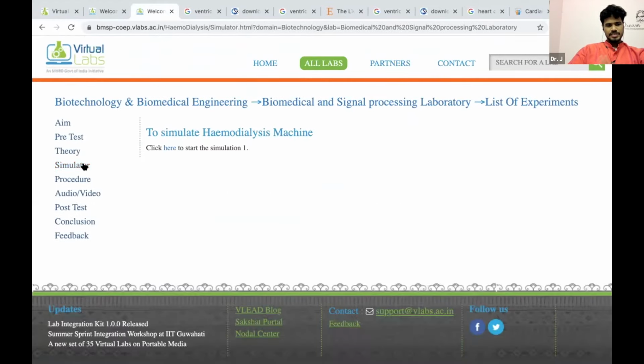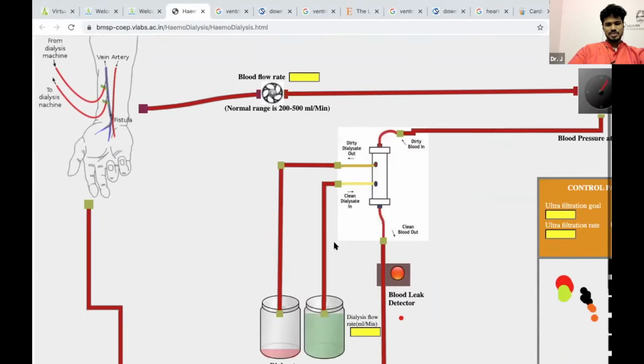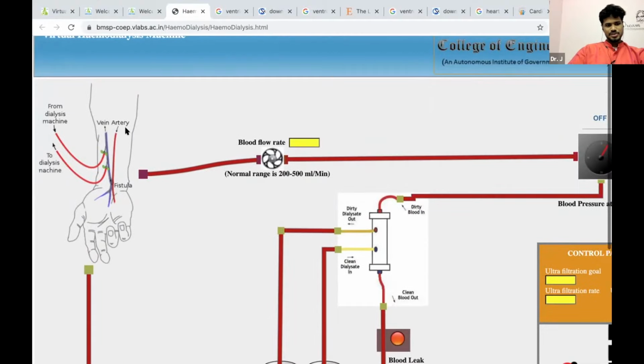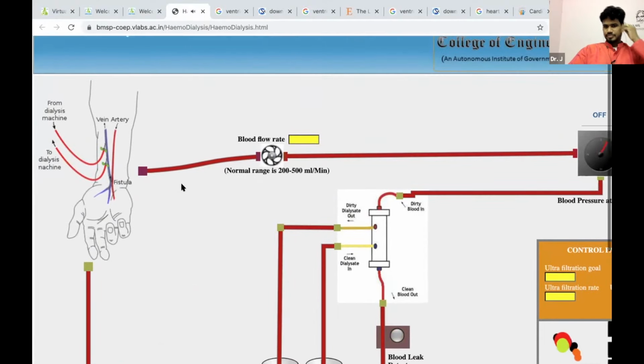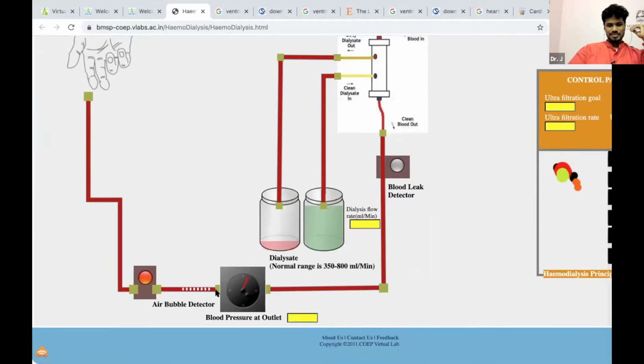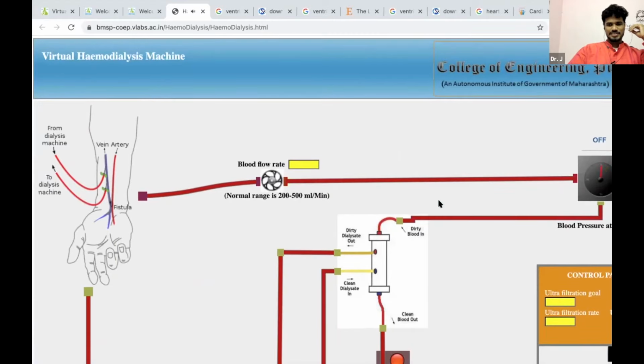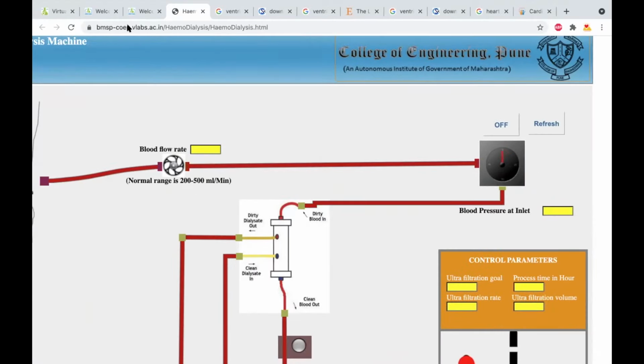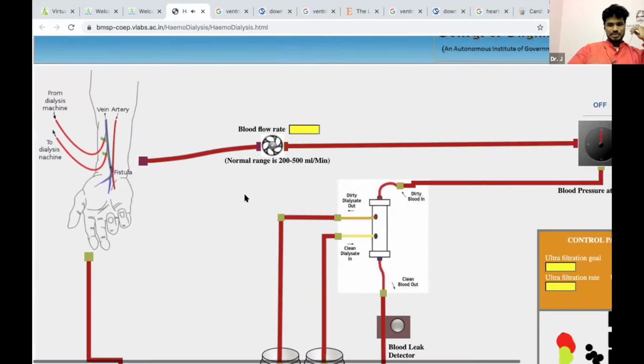Okay, simulator specifically, I suppose, is extremely bad. So let's not spend a lot of time. Okay, some visuals. So you take out the blood. Are you hearing this noise? Okay, hopefully, yeah, there are some air bubble detectors, this, that, and all that. Can't hear, sir. Good for you, because it's slightly annoying.